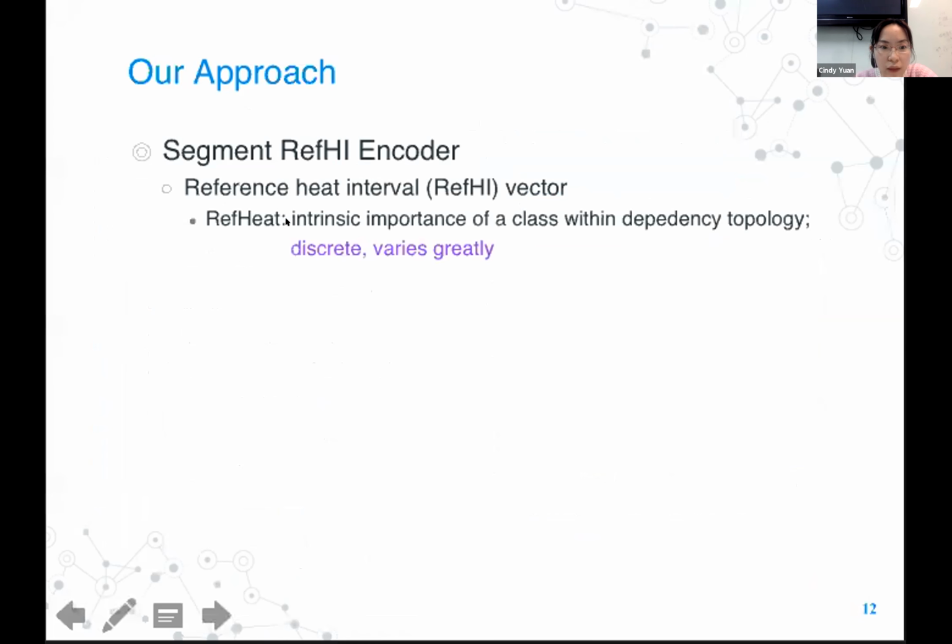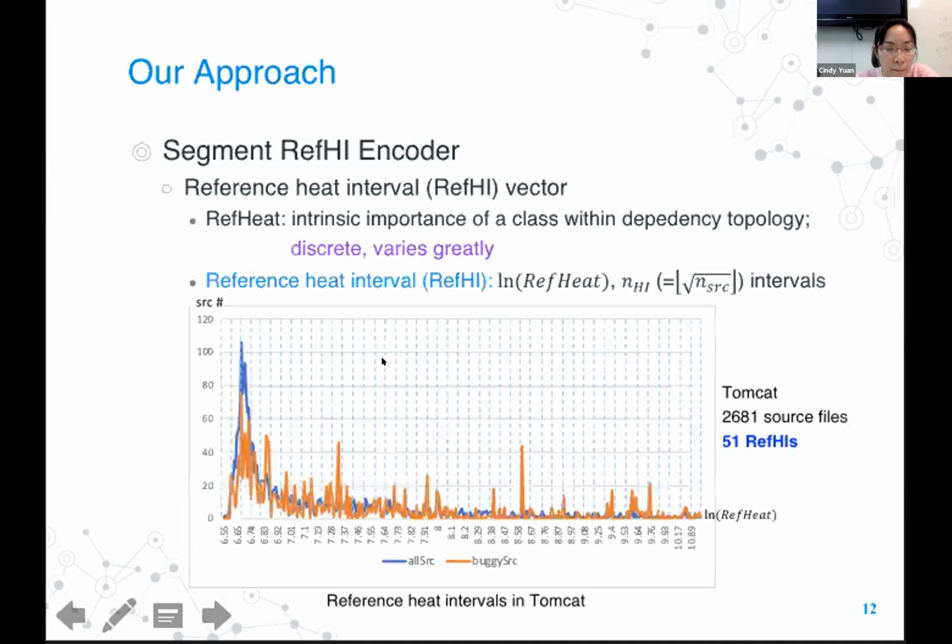So reference heat can reflect the importance of a class in the dependency topology, but the value is discrete and varies greatly. So after taking the natural logarithm of the reference heat value, we can divide them equally into NHI intervals called reference heat intervals.